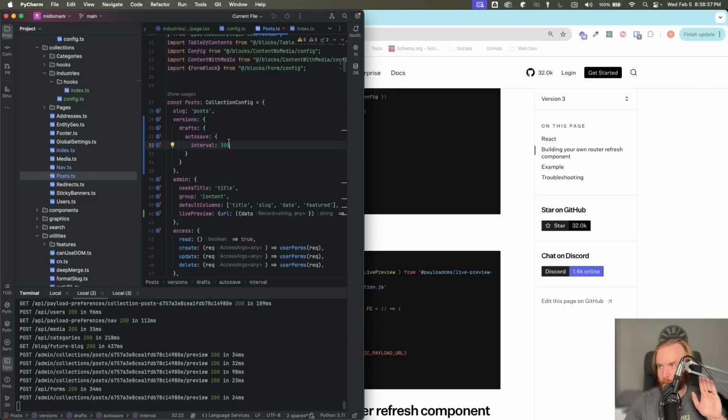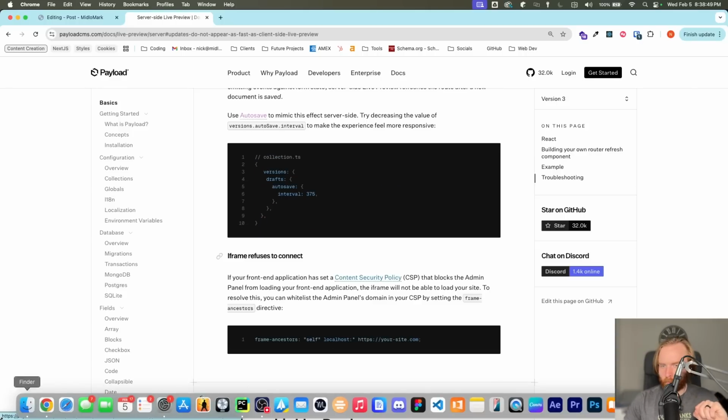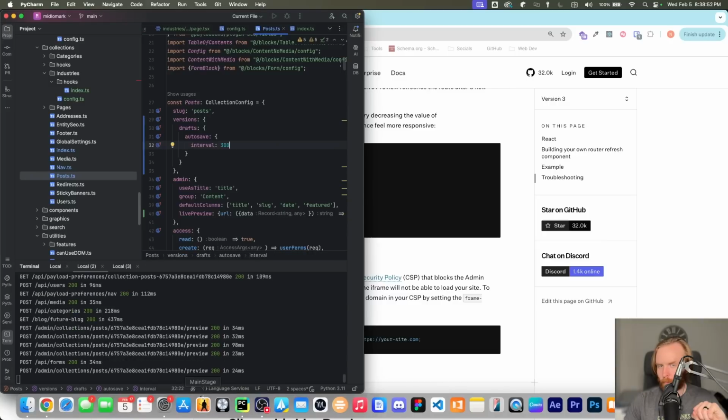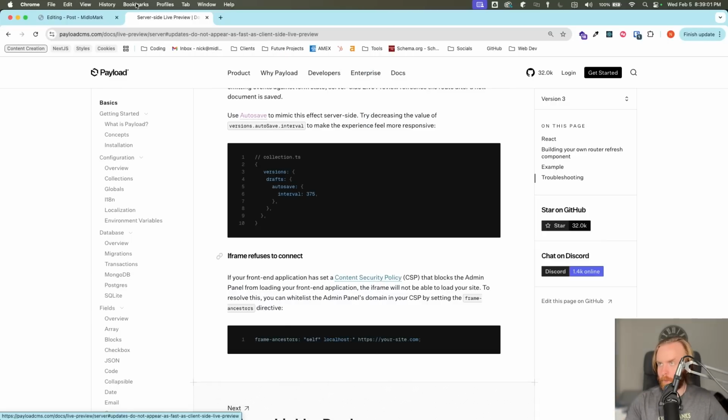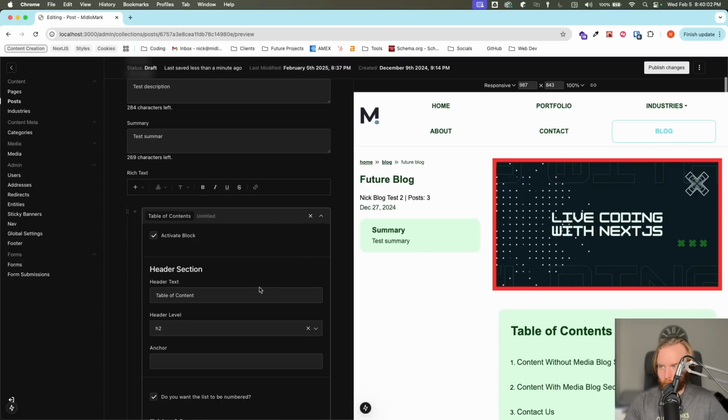So we're in our posts. We set our interval pretty low. We've got our versions, drafts, autosave, all enabled. Perfect. So come back over here, restart our server. I know SEO is not going to matter on that. We'll go ahead and refresh this. Interesting. All right, so maybe this doesn't work like I thought it would, but